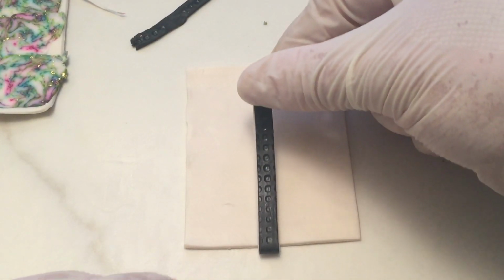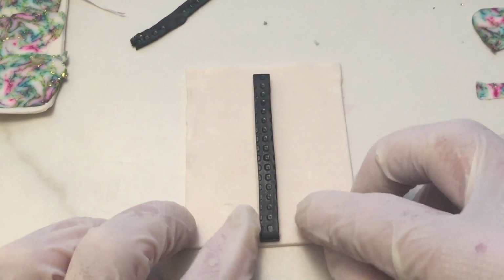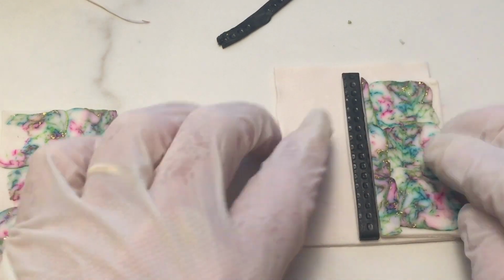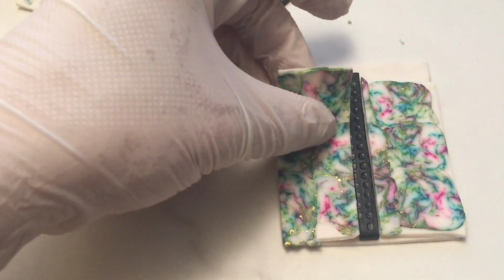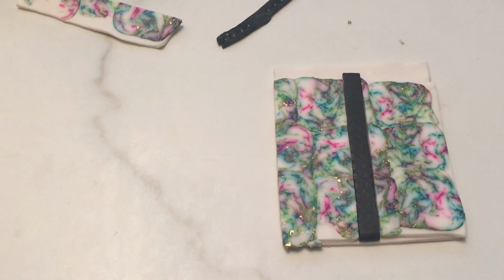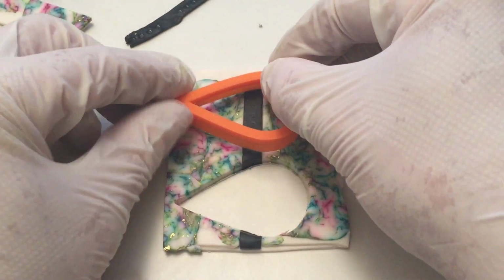I placed a thin slice of the textured black clay stack on the center of another translucent sheet. I cut a piece of the layered clay sheet and placed it on the translucent sheet on the right side of the black clay. I cut another piece of the layered sheet and placed it on the left side. I placed a sheet of paper over the assembled clay sheets and lightly pressed them with the acrylic roller to adhere them. I cut 2 pendant shapes with my teardrop cutter,